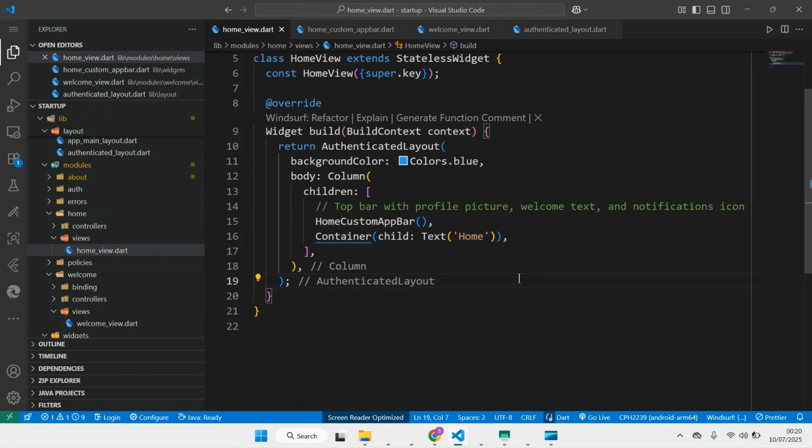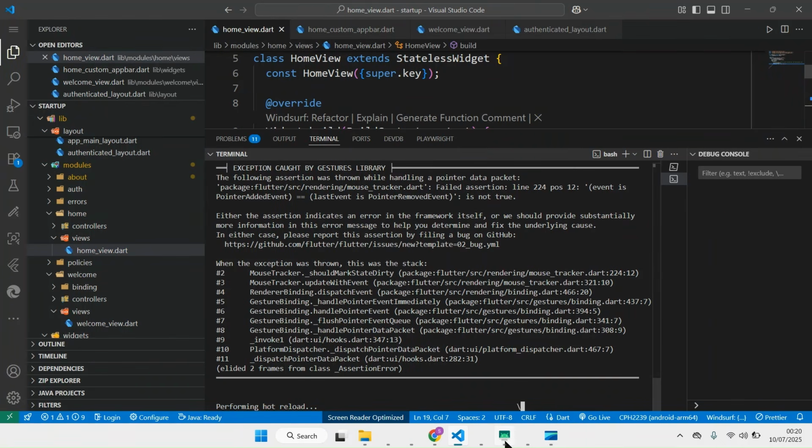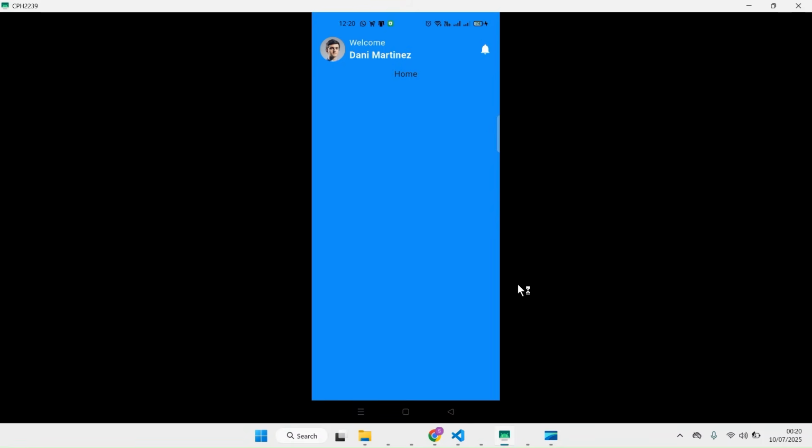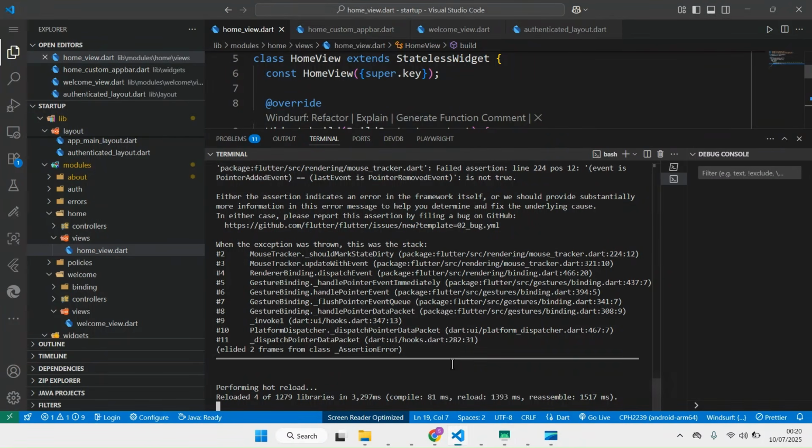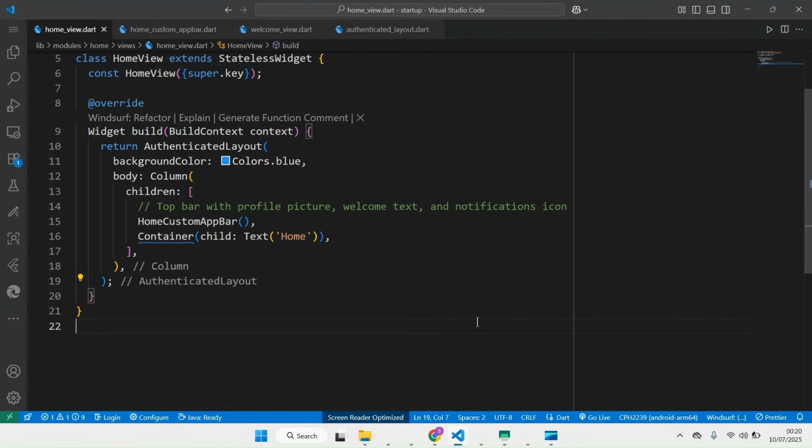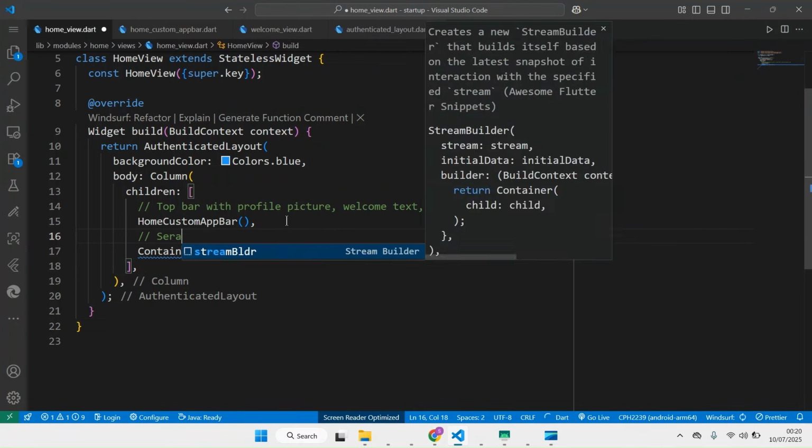And so this is still the same, it's still going to work. You see that if you reload, everything's still there. We don't have any error. We will reload the app to correct. So the next one, you can do